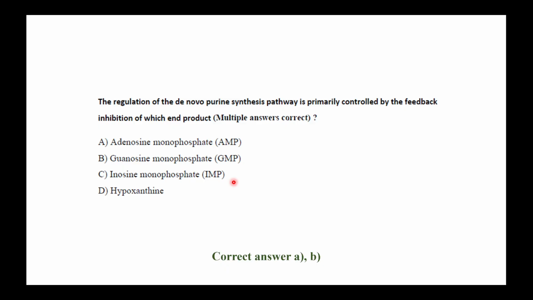Similarly, in the purine synthesis, AMP and GMP are the end products, and they inhibit the enzymes involved in the de novo purine synthesis pathway and regulate